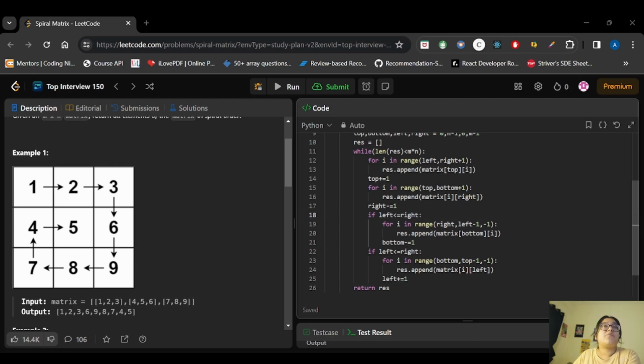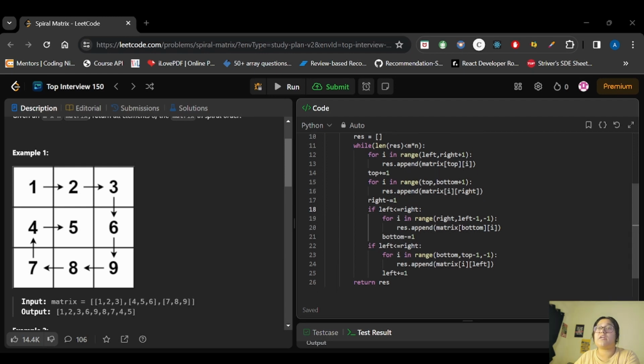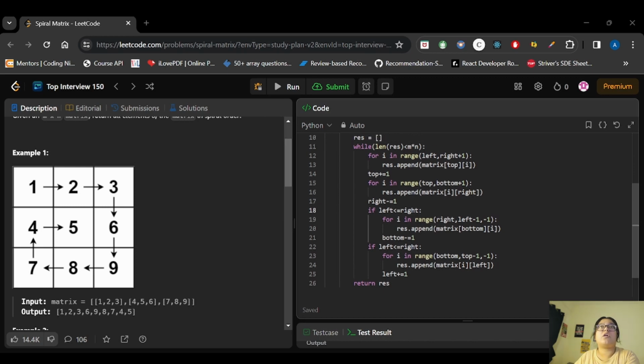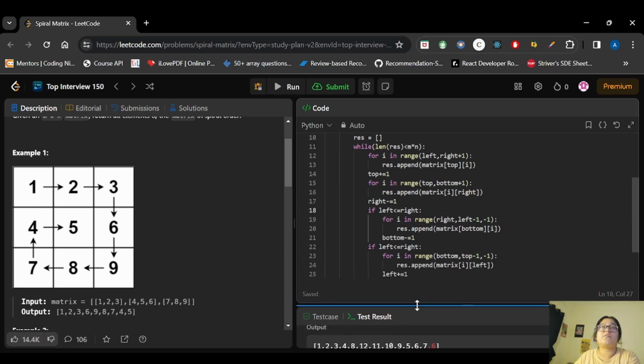The thing is, while we are checking the condition here, what is happening? This left is less than or equal to right. When we are starting the iteration, let's say I am keeping the condition left is less than or equal to right. So we are iterating like this. Now the right value here, let's say after this, right got reduced by 1, right? So let's try to print this, and you will get an idea.